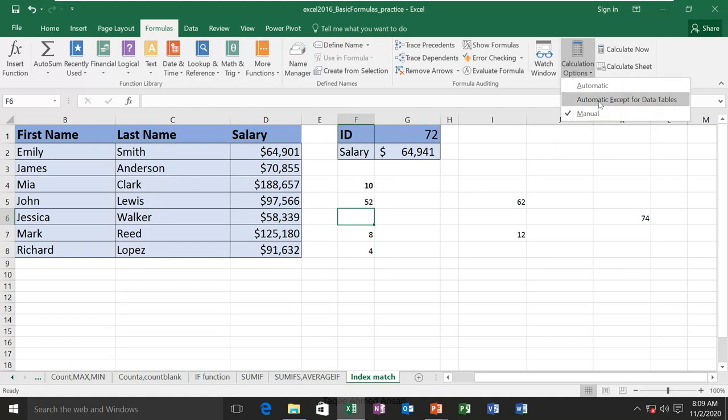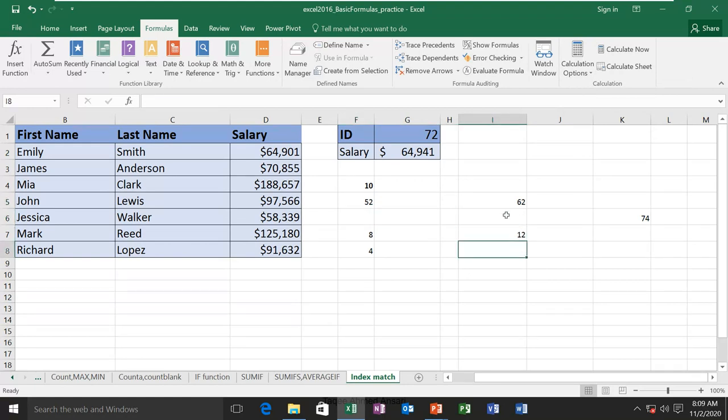So the normal table will still work automatically. Only in the data table it will not work. So either you choose manual or automatic, or you can calculate now, or you can calculate the active sheet or the entire workbook.